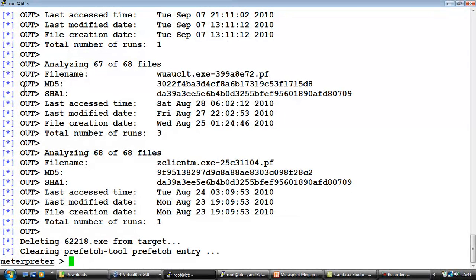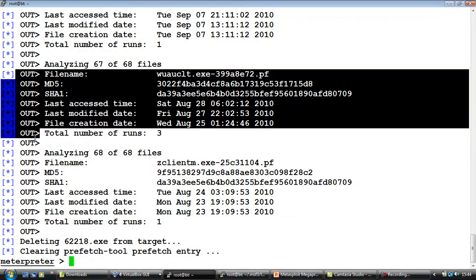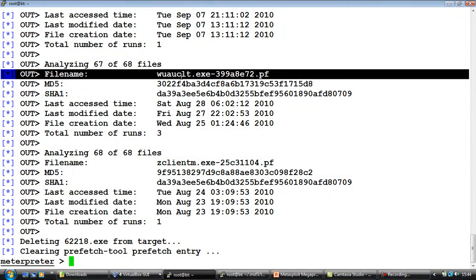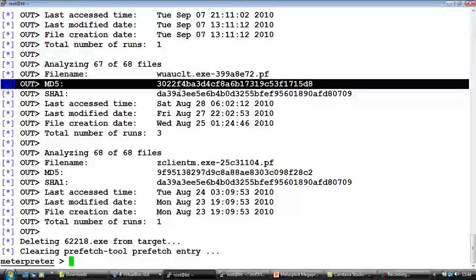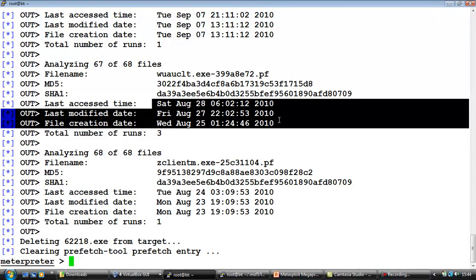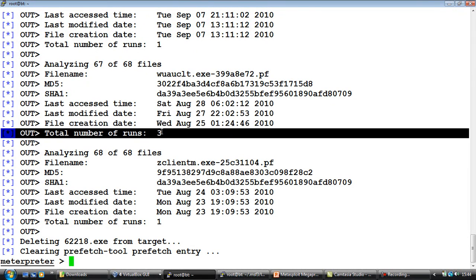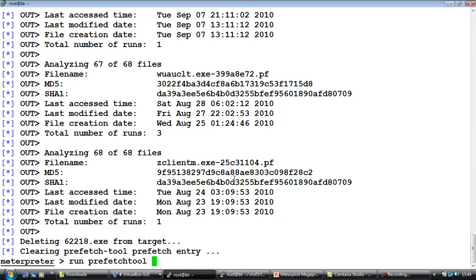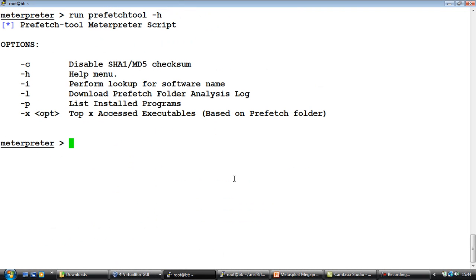So what this does is goes ahead and actually prints out the whole prefetch folder along with the different statistics. Here is the file name, this is the MD5 hash, this is the SHA-1, and this is the MAC, which is the modified, accessed and creation time. The total number of runs gives you some estimate of how many times this has been run. Right, so too much of output, you can use the -h command to go ahead and distill it a little bit. So let's say I'm only interested in the top 3, right? And I'm not interested in the SHA-1 and MD5 checksums,